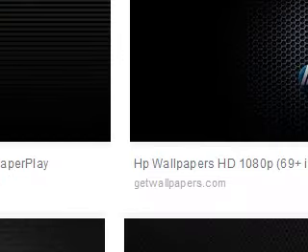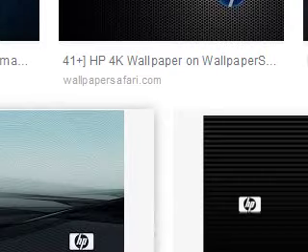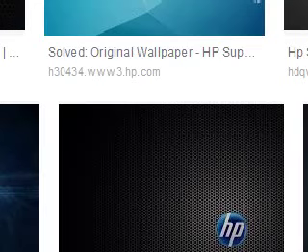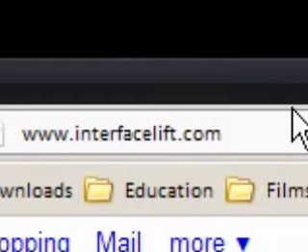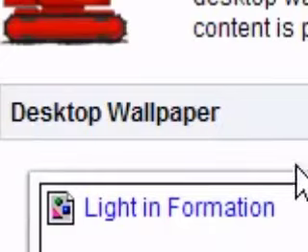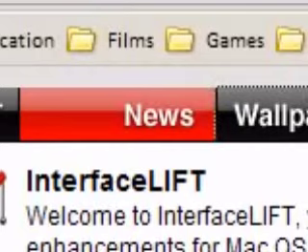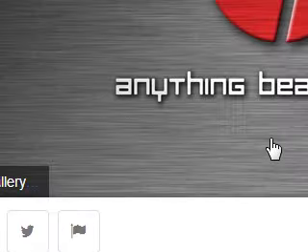Next to do, interface lift. Basically, go into Firefox, type in www.interfacelift.com. I'll provide the links to this site. Interface Lift is basically a wallpaper site. You can get really, really good wallpapers from here. Several things you can get, all high resolution ones people have taken with really, really decent cameras. So all you do is go on whichever one you want, say I want a picture of a cloud or something, click the download size, you choose your resolution of your desktop, mine's 1680 by 1050, press download,